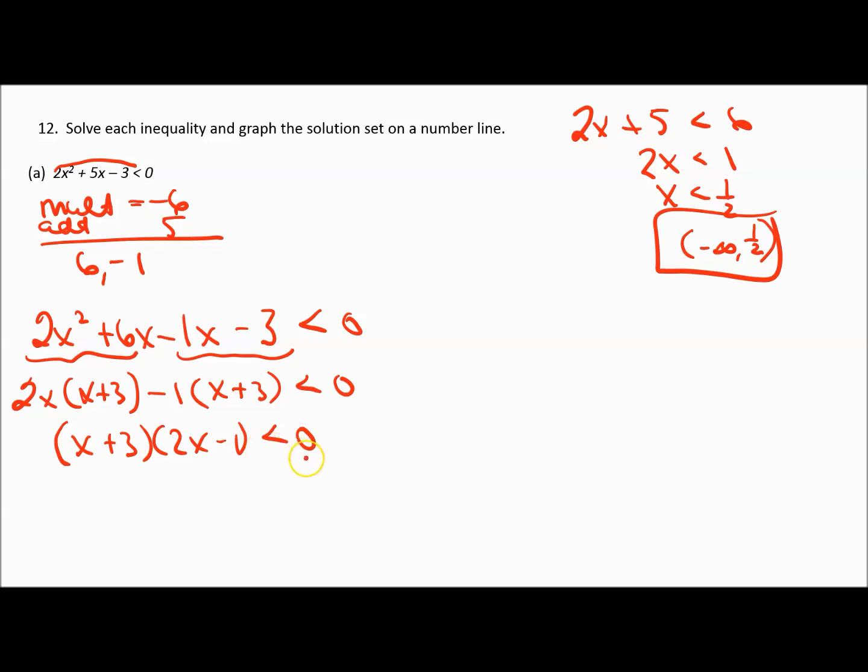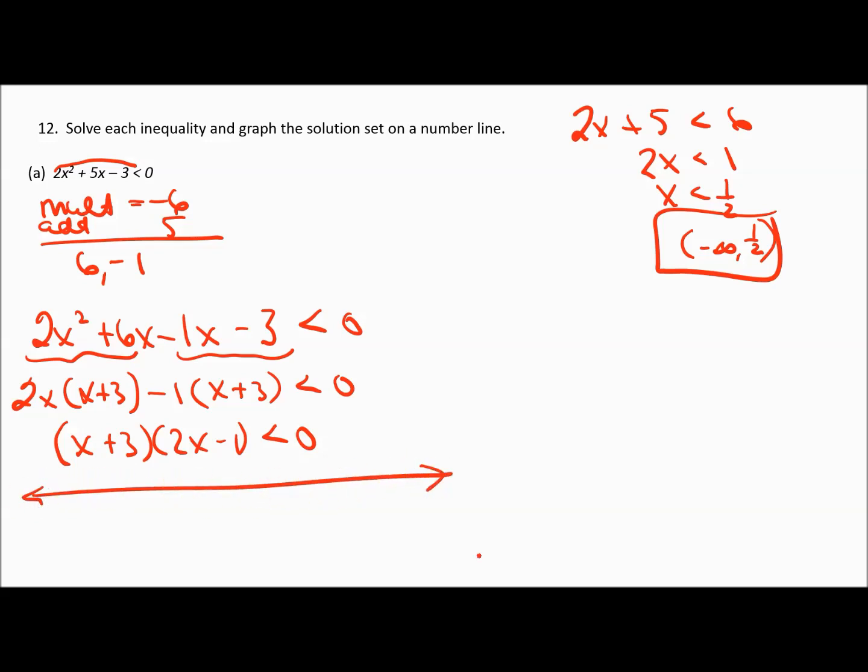Now, if this were an equals problem, the next step would be to set each one of these equal to 0. And that step you actually need to do, but you don't set each one of these to less than 0. That's where it's wrong, because that's not a true statement. If you have two things multiplied together to give you something less than 0, that doesn't mean this one's less than 0 and this one's less than 0. So you have to consider a case-by-case situation, and to do that, we're going to find out what